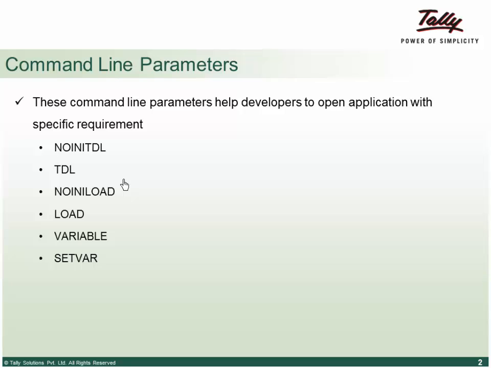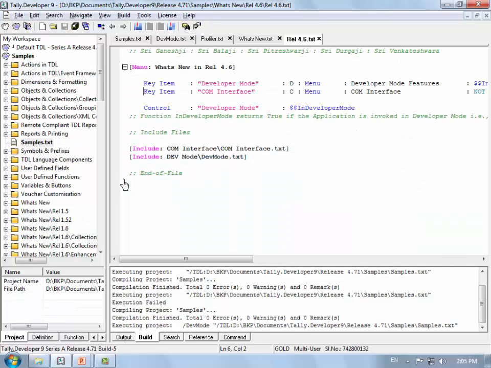In cases where you have multiple projects running and there's a common file which you are executing, and you would not like to execute the file that you have loaded with your application by default, for the specific requirement,